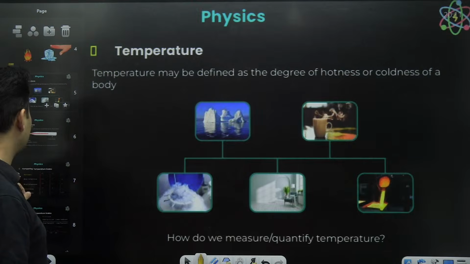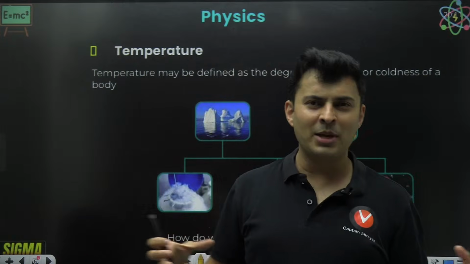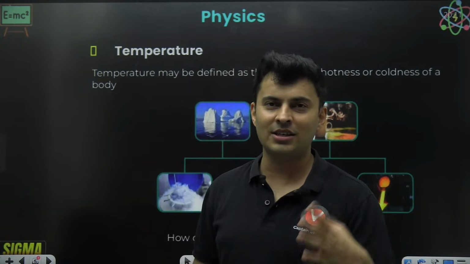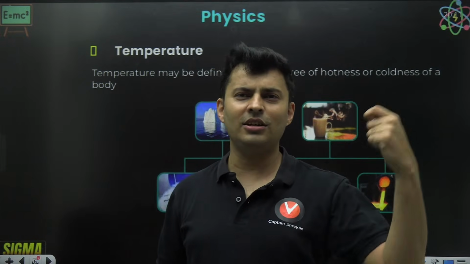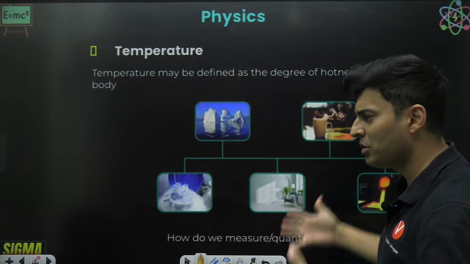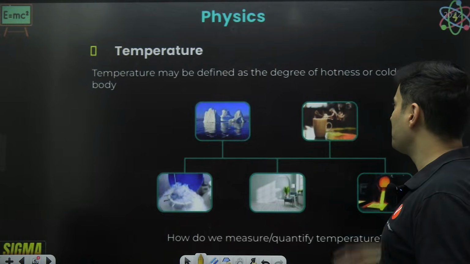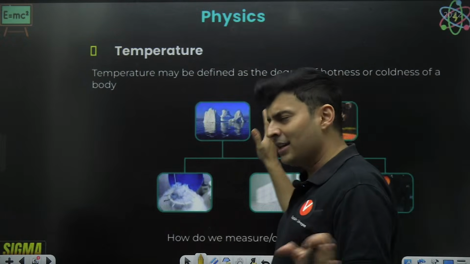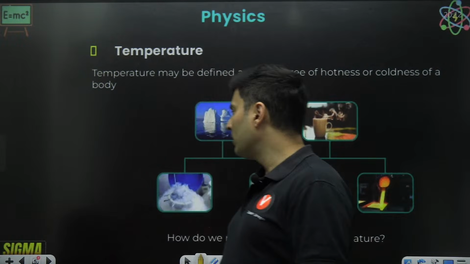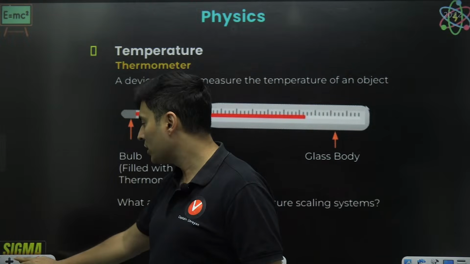Now there are different ways in which you can measure temperature. Many times I ask, what do you mean by temperature? And students, because they have studied in 7th standard or 6th standard, say temperature is the degree of hotness or coldness which is there inside a body. So if I touch something, I feel hot, high temperature. If I touch something, I feel relatively cold, it is cold temperature, sir. That is what students generally tell me. It is the degree of hotness and coldness of the body. Yeah, it is a right definition, nothing wrong in it. But what do you mean by degree of hotness or coldness? I'll come to that. So, my dear students, temperature is basically the degree of hotness or coldness,